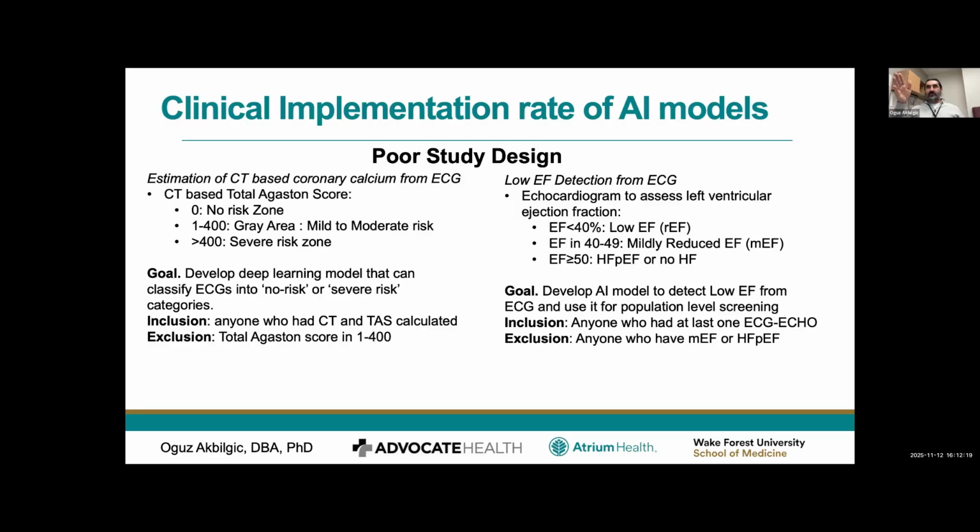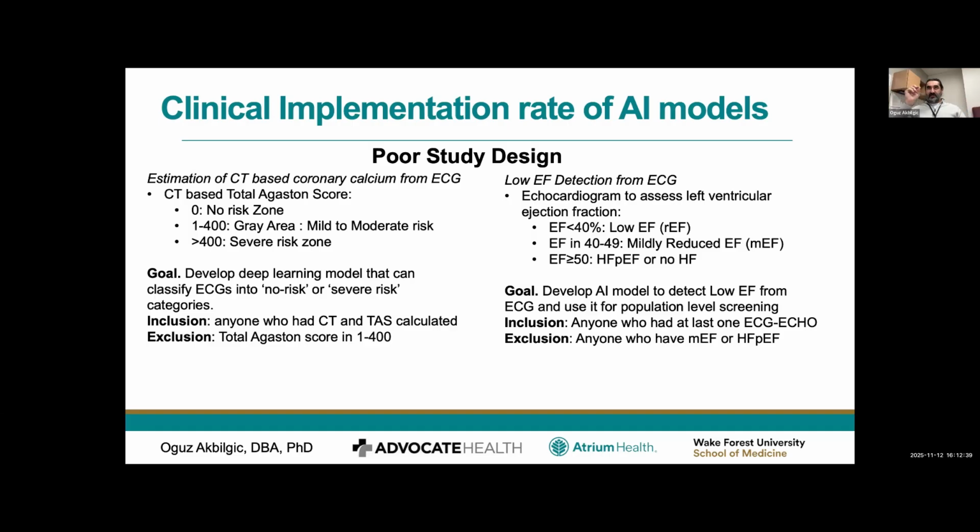Some may classify as 35, but let's say it is 40. If it is between 40 to 49, it may be mildly reduced or mid-range EF. If it is more than 50, it can be either no heart failure or it can be HFpEF, with just preserved ejection fraction. Anyway, so let's say the AI model's goal is to take the ECG as input